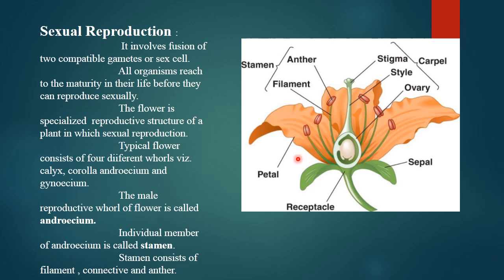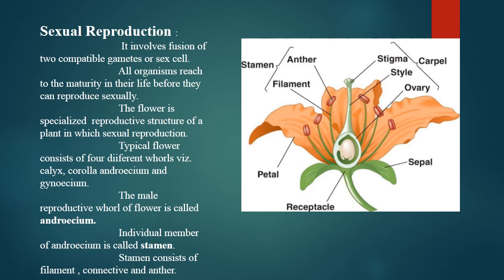A flower consists of four different parts: calyx, corolla, androecium and gynoecium. Sexual reproduction involves two fundamental processes, meiosis and fusion of gametes to form a diploid zygote. Sexual reproduction is characterized by fusion of male and female gametes. There is formation of the zygote and embryogenesis.